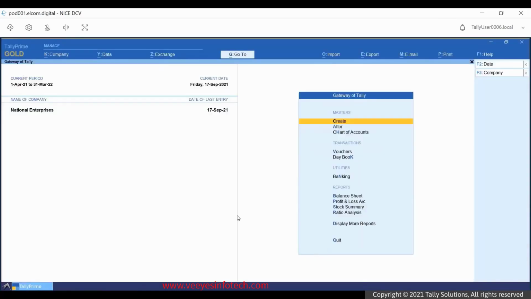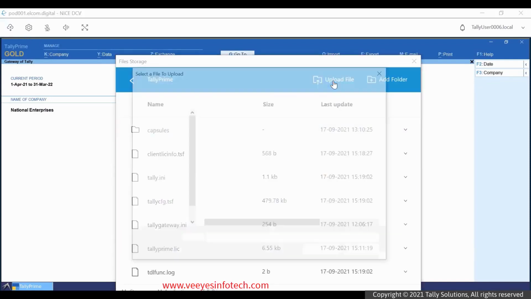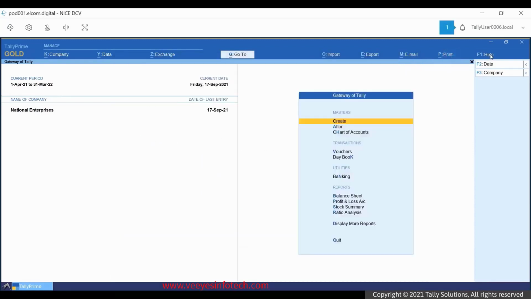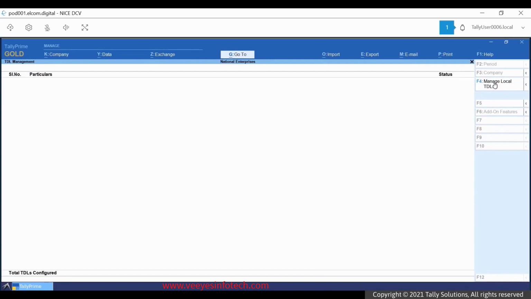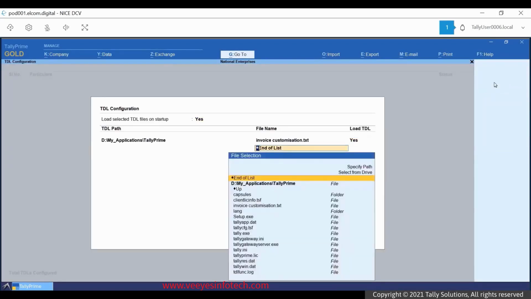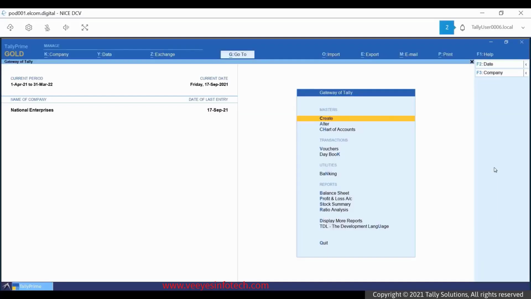If you have any local customizations configured using TCP/TDL, you can upload these and configure them in your Tally Prime application. However, if you have account TDL group TDL configured, the same will be enabled when the license is reactivated.